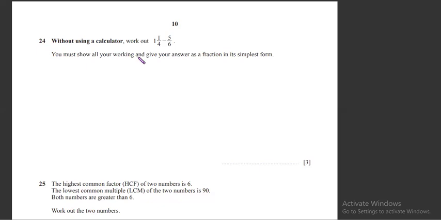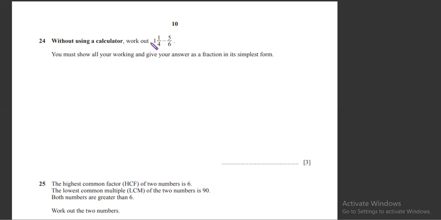Without using a calculator, work out this calculation that is given here. And we must make sure to show our workings. So, in the simplest form, we must write it in the simplest form as a fraction. Now, first, we need to get rid of this mixed number that we have by converting it into an improper